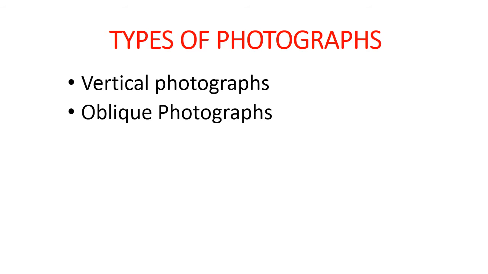These photographs cover a large area of the ground, but clarity of details diminishes towards the far end of the photos. As we know that the camera is tilted, the far end information is not properly visible or identified as compared to the close end information. So, it covers a large area, but the details are not so clear at the far end as compared to the near end.